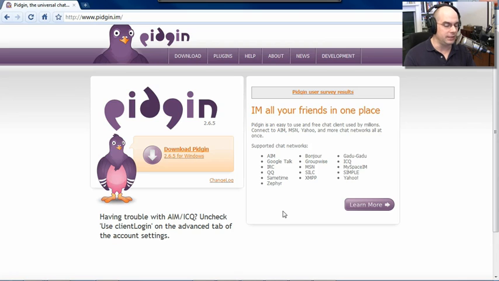So Pidgin is a really nice instant messaging client. But first, it's a nice IM client, and it also consolidates together a lot of different networks. This is one of the things that I really like: no matter who I find or what instant messaging network they're on, I can automatically connect and talk with them because I can do AIM, Google Talk, IRC, QQ, Zephyr, etc.,